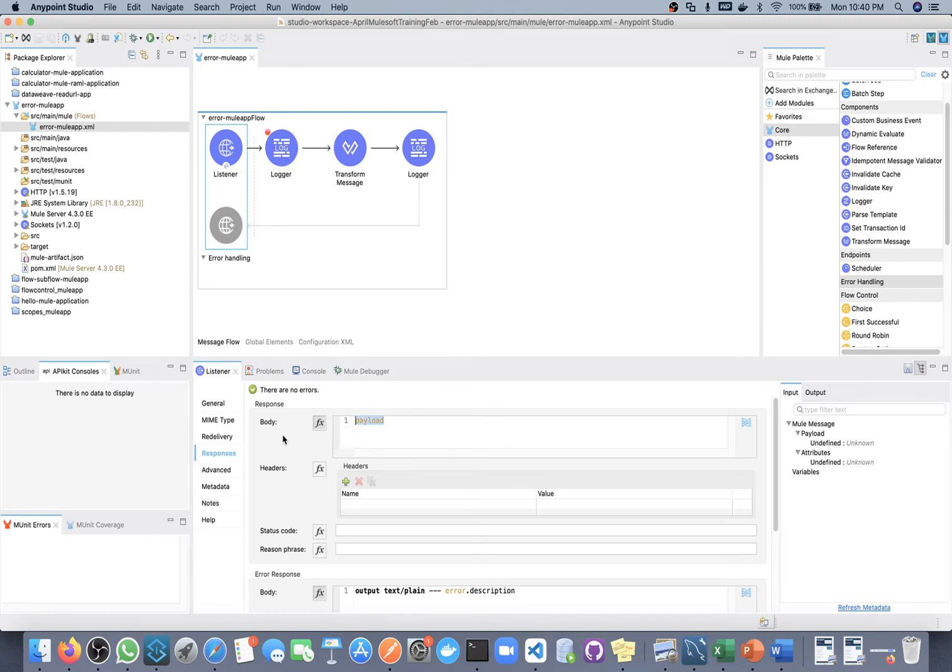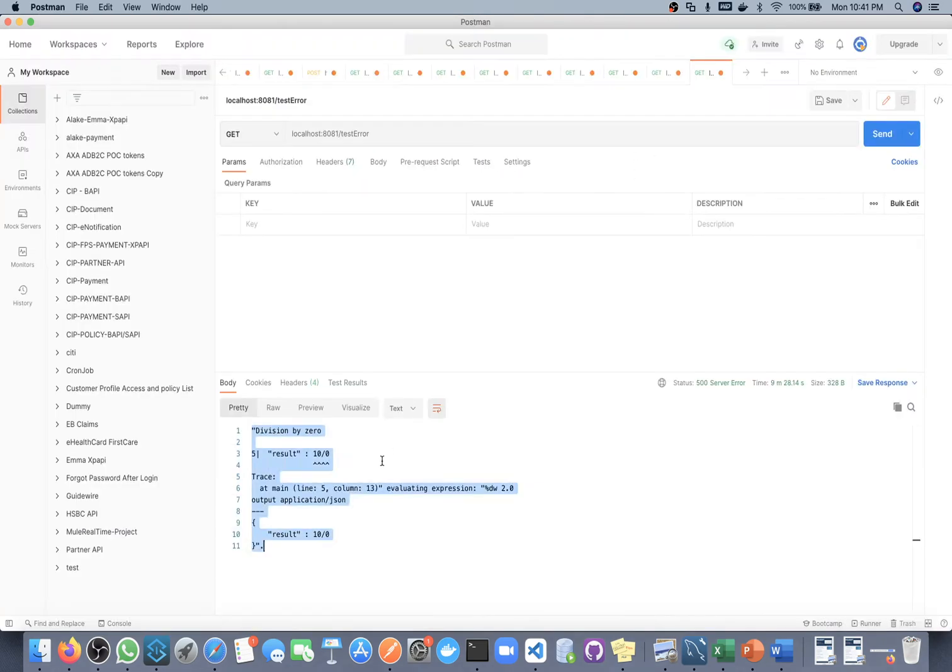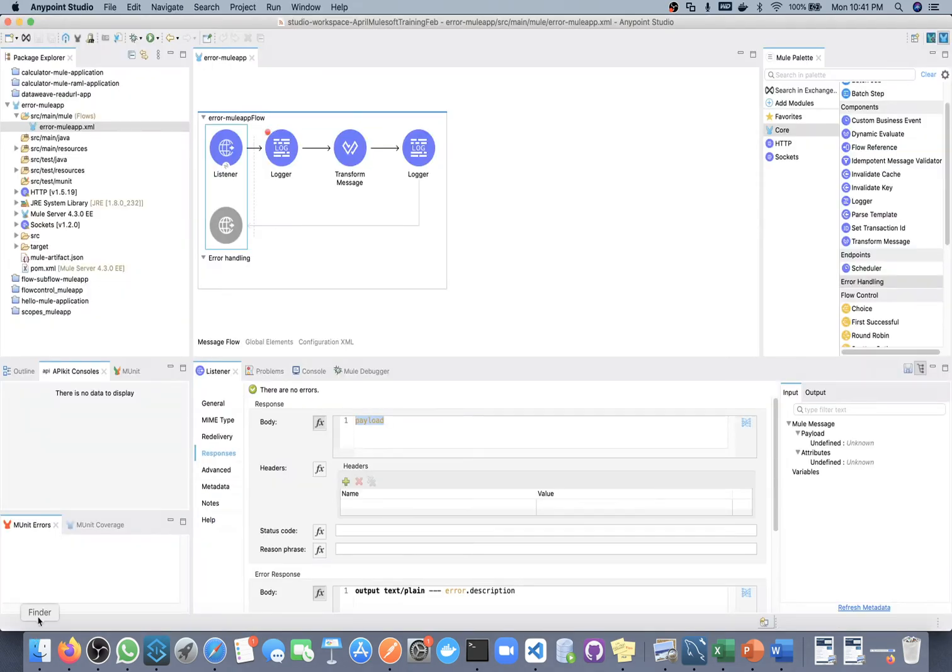Since we have defined body as payload. Whatever your payload value is at the end of your flow, you will get in your response in case of success.